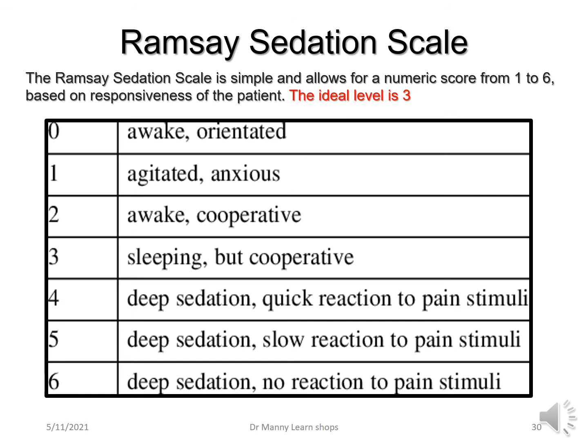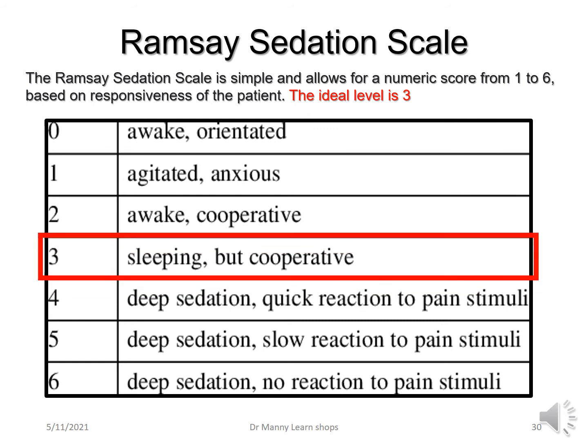Then we look at the Ramsay sedation scale, and this is just one tool. The Ramsay sedation scale is simply something that allows a numerical score from 1 to 6 based on responsiveness of the patient. And the ideal level for procedural sedation is level 3, where the patient is sleeping comfortably, but with